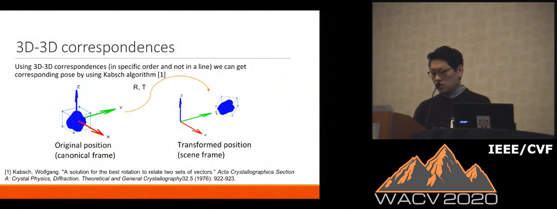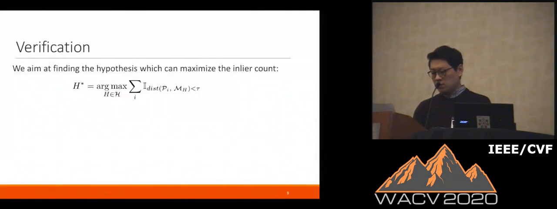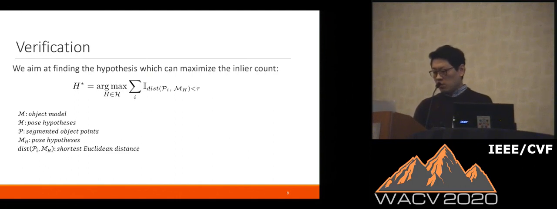Since we already know the 3D key point position in canonical frame, we can get pose hypothesis via the Kabsch algorithm with 3D correspondences. Then we transform the object model to the test scene via this pose hypothesis. We count the number of inliers of pose